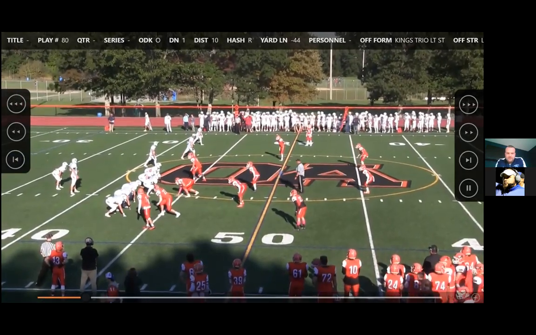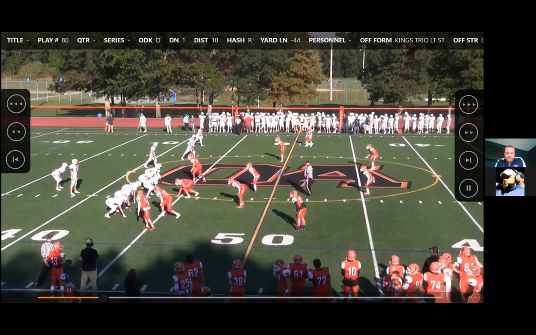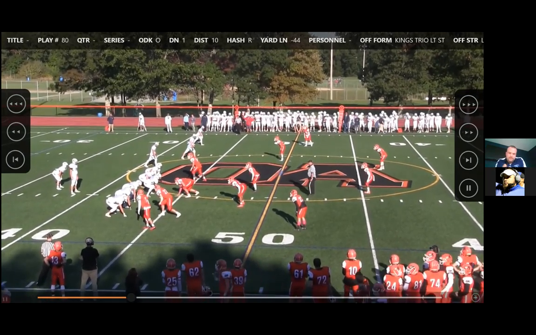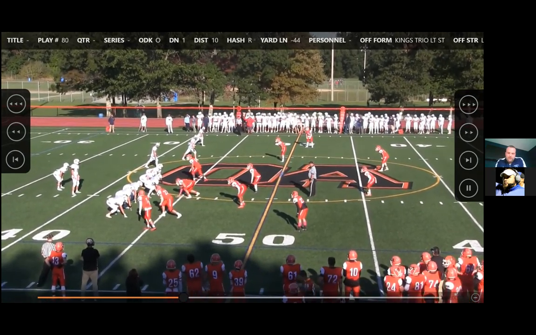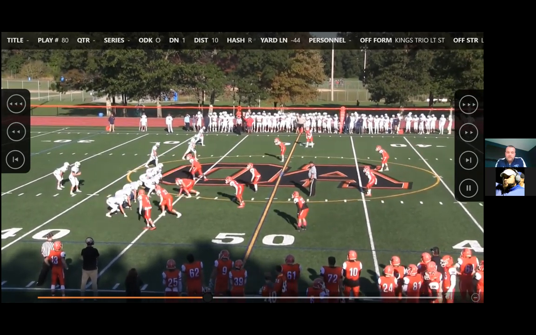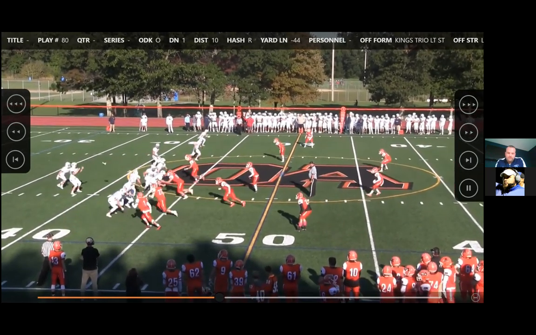Then here's just an example, 3x1 bubble. Again, we could count the box here. Coach, what are you looking for? Is it 2 high safety, 1 high, 5 in the box? Do you like the bubble? Throw it. If not, run the ball and read the end. Now here, he did not give a call to lock the end. I don't know why, and that's okay. Oh, now I know why.